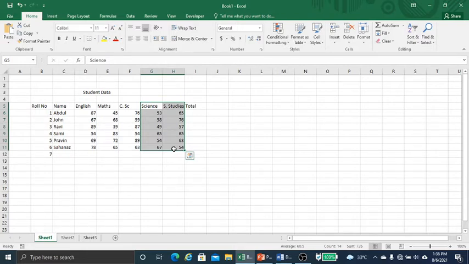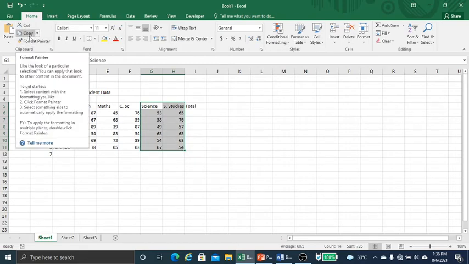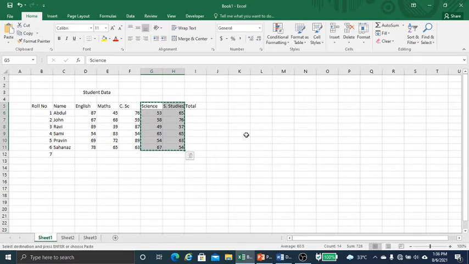Then we can use the cut option. You can see in the clipboard, you can use cut or copy. I am not cutting it, I am just copying it, because I want to use this data for further demonstration.